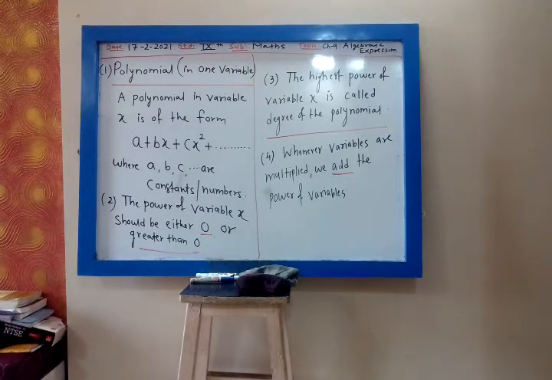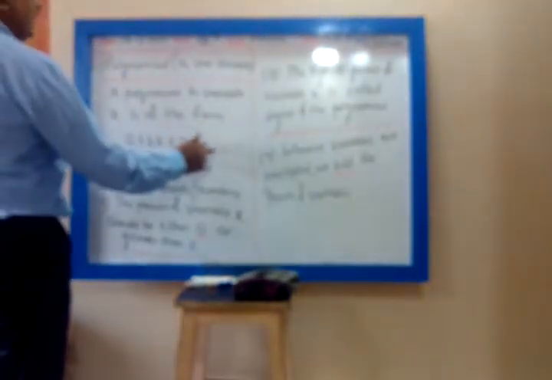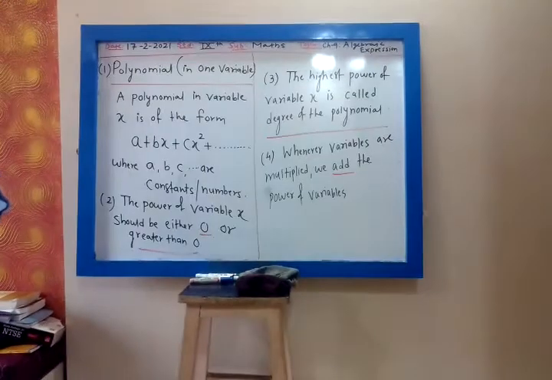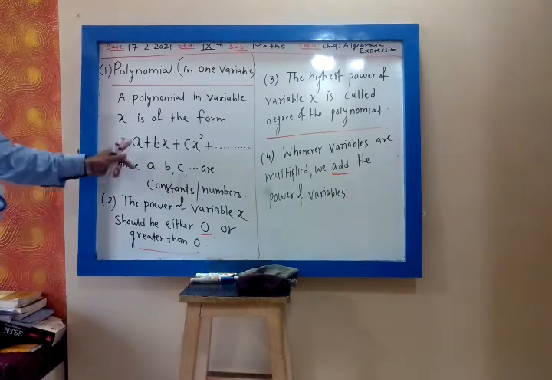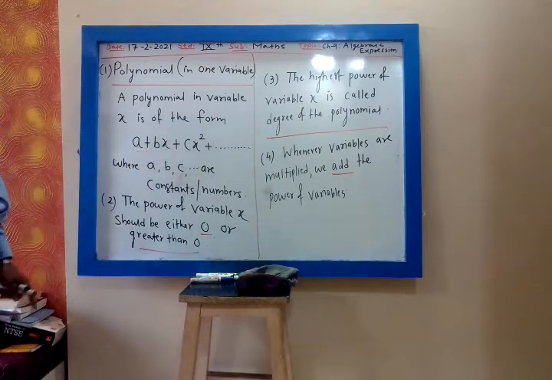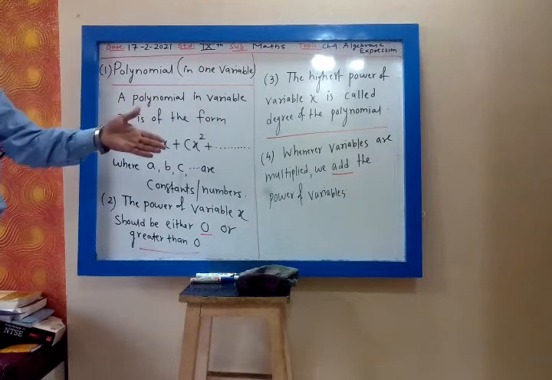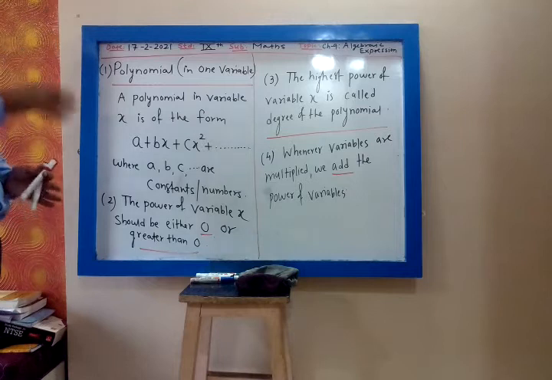Power of x goes on increasing. It is power of x is 1, the next term it is power of x is 2, dash dash dash means next power of x will be 3. Where a, b, c are constant or number. So these are constant, a, b, c. So any polynomial, write down this so that I will explain by giving example. To solve 9.4, we need this explanation.